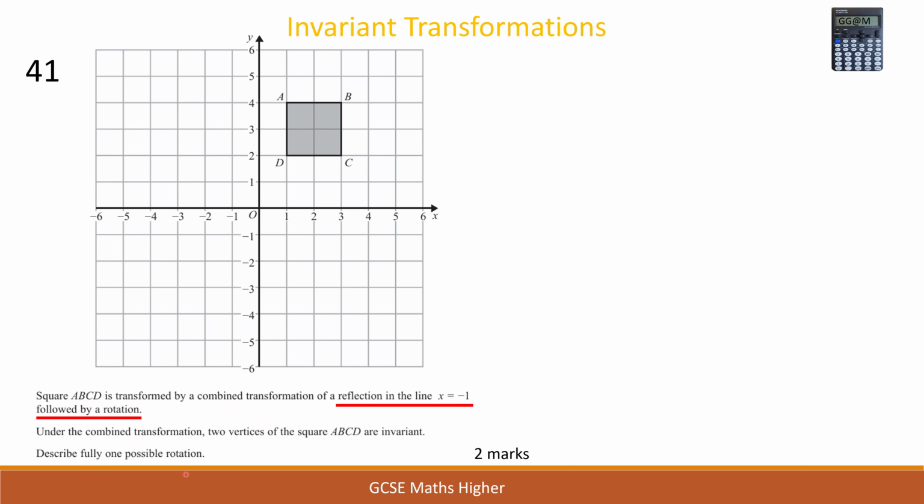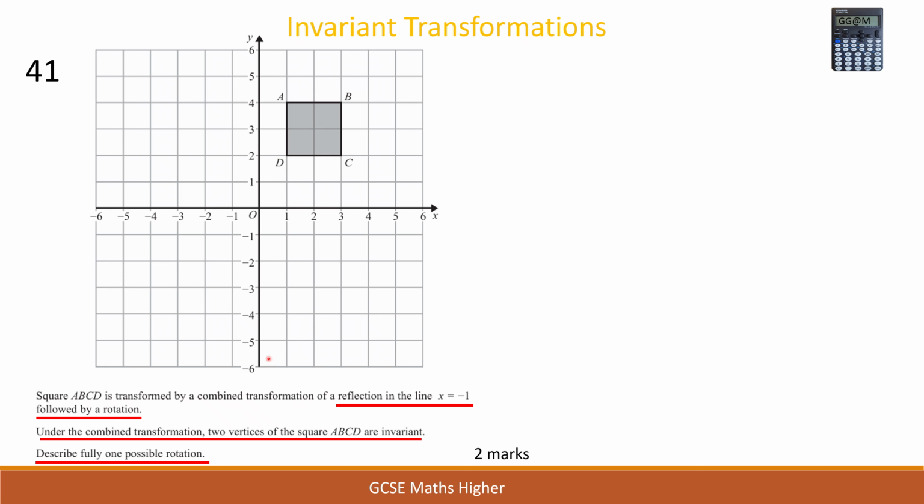Describe fully one possible rotation. So you've got to work out what the rotation was, remembering 2 points are invariant, they don't move. So it's been reflected in this line here, then it's rotated, then you've got to work out what the invariant point is,